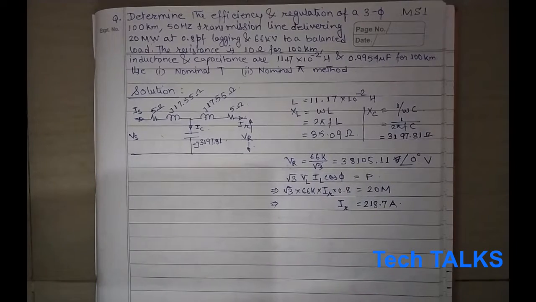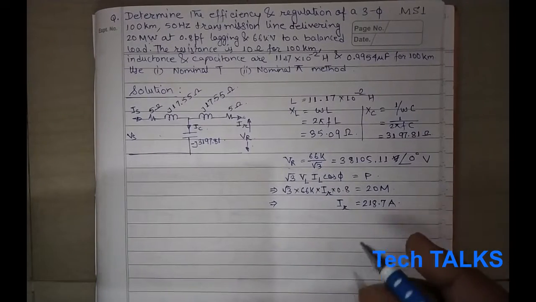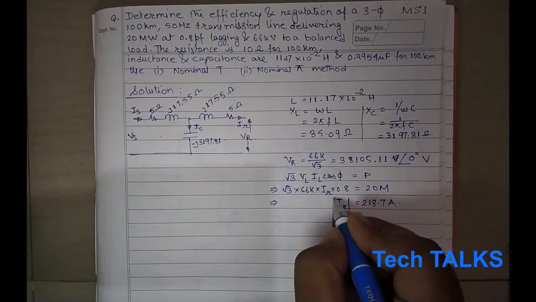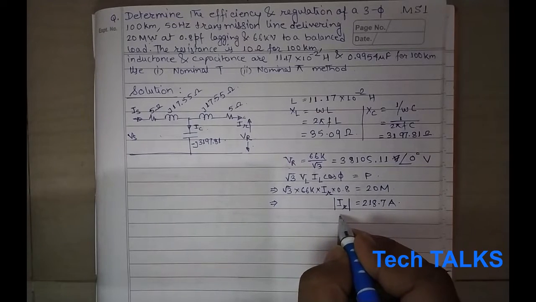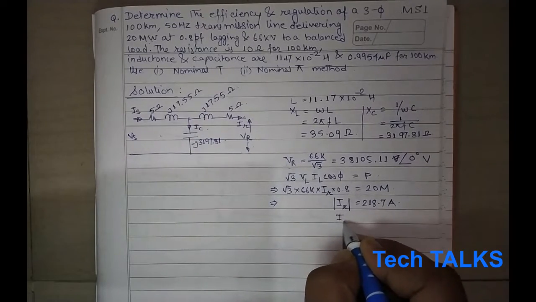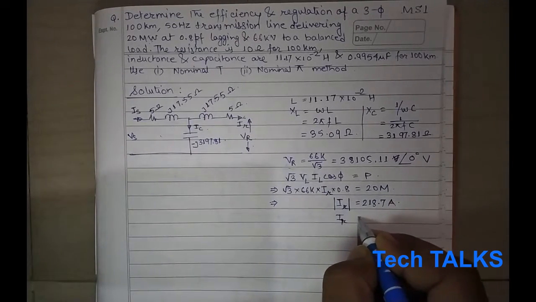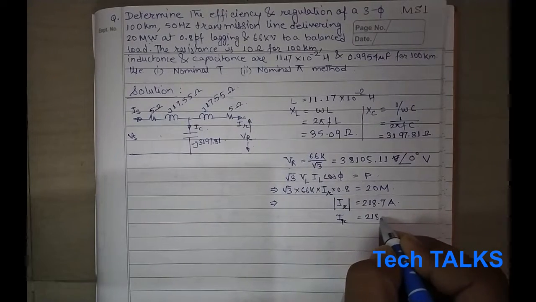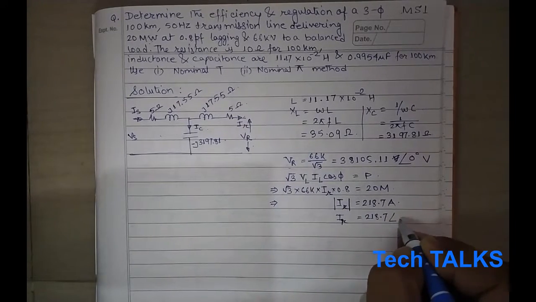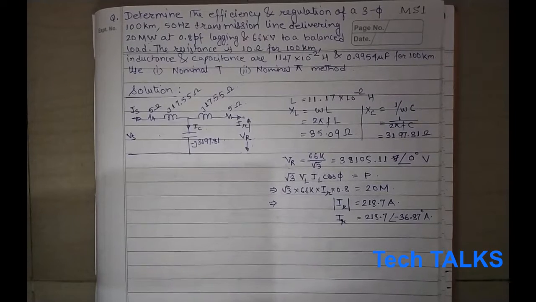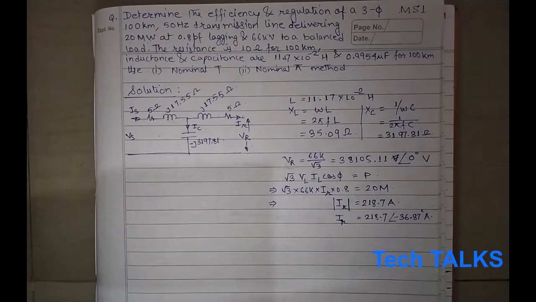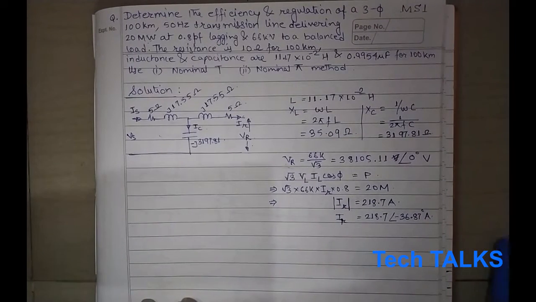218.7 ampere, right? So this is actually the magnitude of I. Okay, so what will be IR? This will be 218.7 at an angle of minus 36.87 degree ampere. From where did I get this 36.87? Because